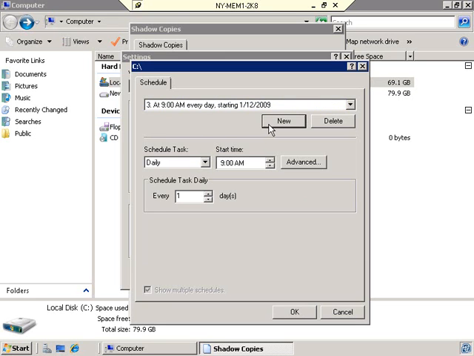When I click on New, you'll notice that a third one shows up, and it even defaults that one for you. That one defaults to 9 a.m. every day. Matter of fact, this isn't even Monday through Friday. It's every day. If I don't like that, or even if I don't like the 7 a.m. and the noon,